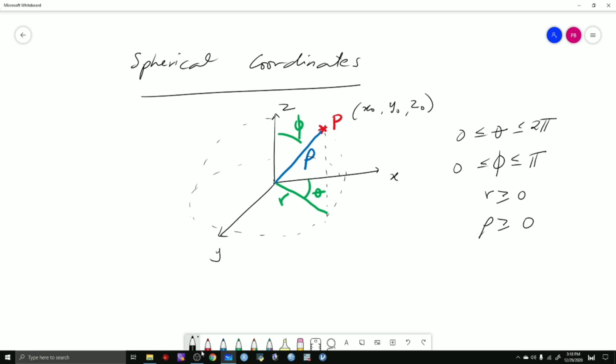So to obtain rho, we can use the formula rho equals x squared plus y squared plus z squared. To obtain the angle theta, we can use the formula tangent theta equal to y over x. And for phi, we can use the formula cosine phi equal to z over